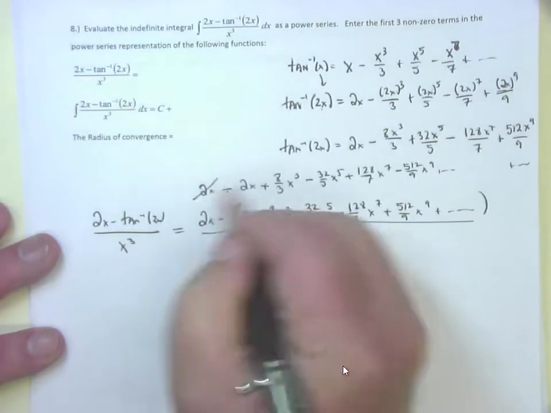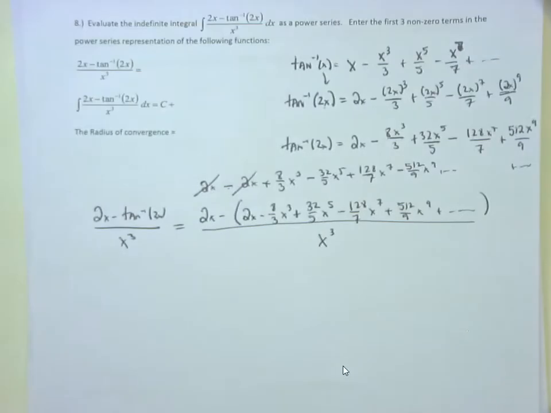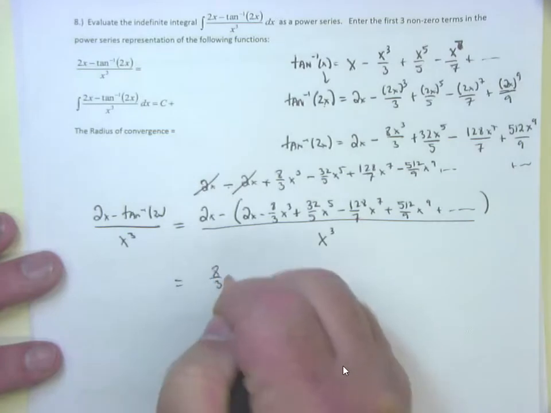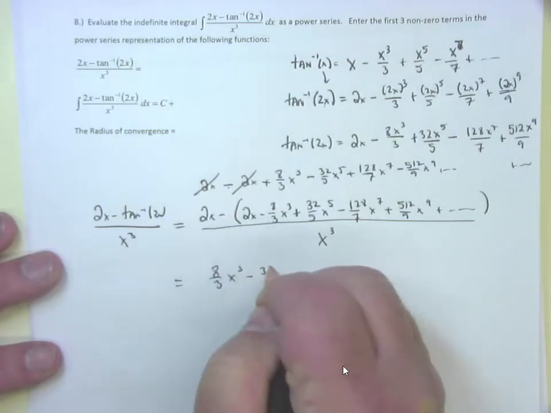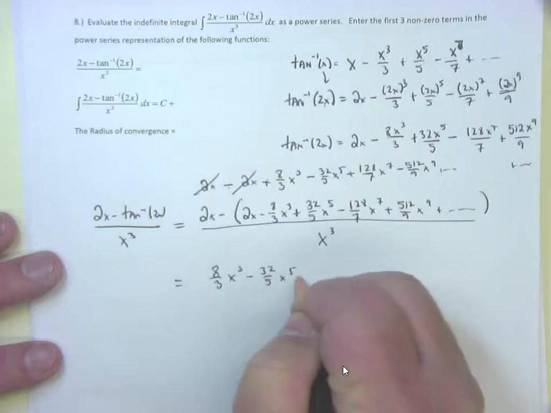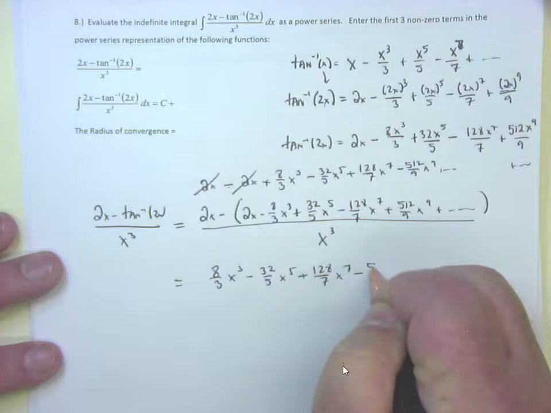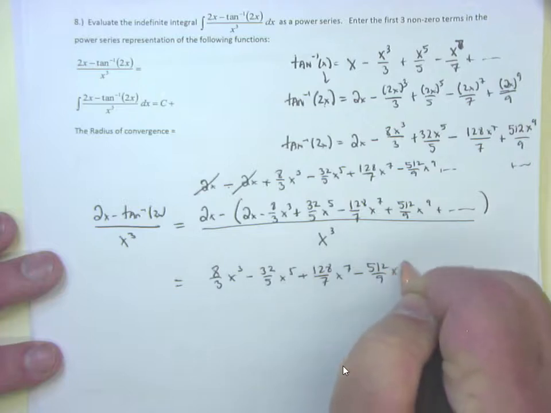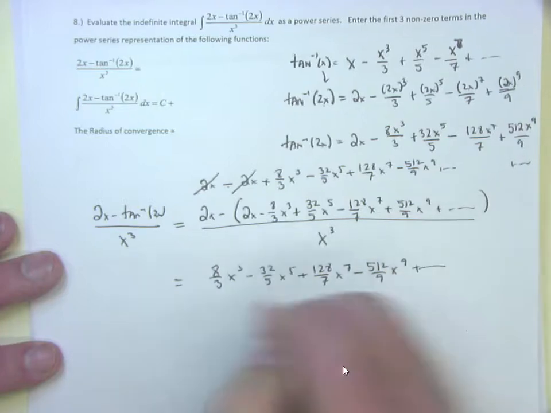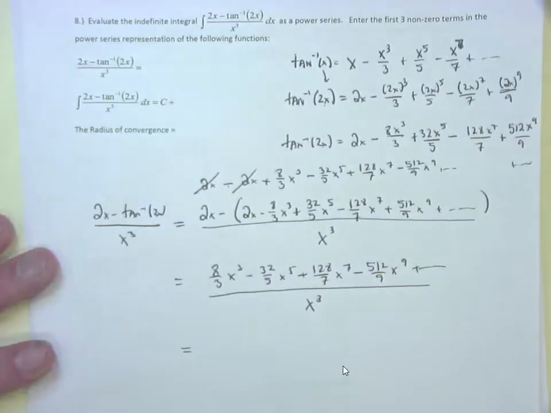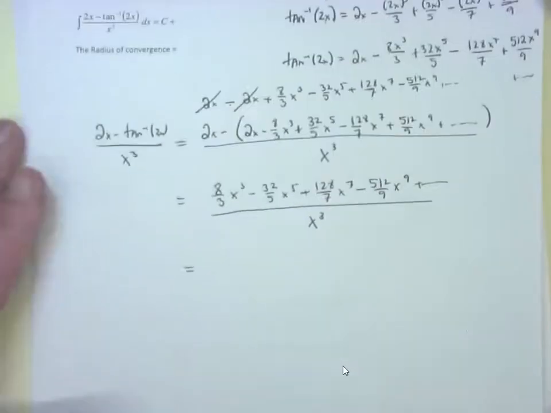And notice what happens. Your 2x's cancel, right? But we're not done yet. So this is equal to 8/3 x cubed minus 32/5 x to the 5th plus 128 over 7 x to the 7th minus 512 over 9 x to the 9th plus dot, dot, dot, all over x cubed. We want to clean that guy up. Again, I'm going to remind you of